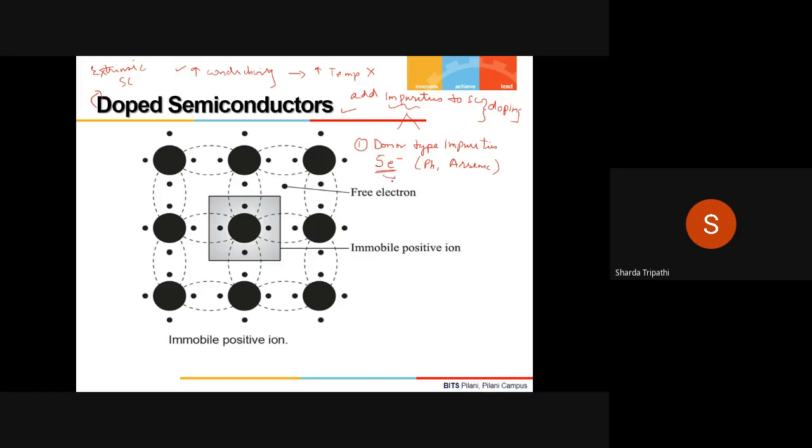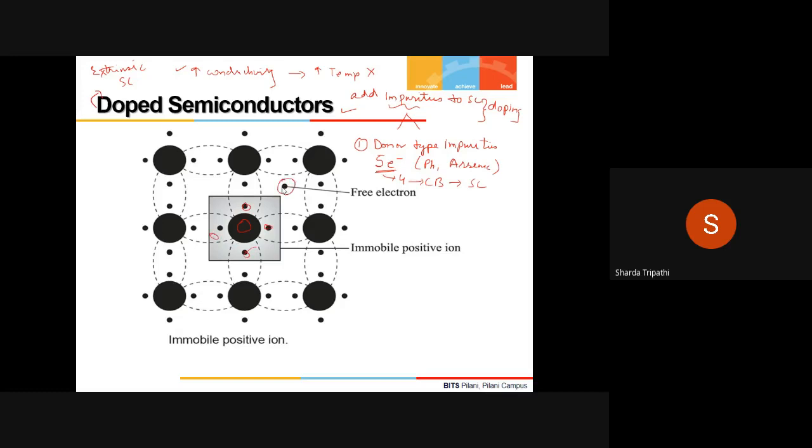Out of these 5, 4 electrons form covalent bonds with the semiconductor, as you see over here. So say for example, this is an impurity atom. So this was an impurity atom. It had 5 electrons in the valence shell. So 4 electrons, 1, 2, 3, 4, were used in the formation of the